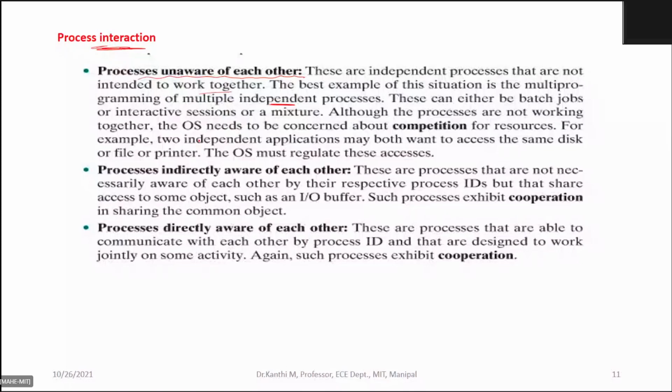But the operating system needs to be concerned about competition for the resources. So two independent applications may both want to access the same disk or a file or a printer. So your operating system must regulate this. So the interaction